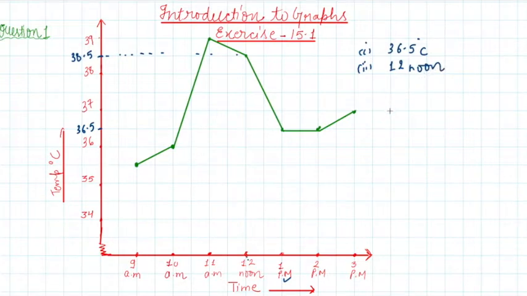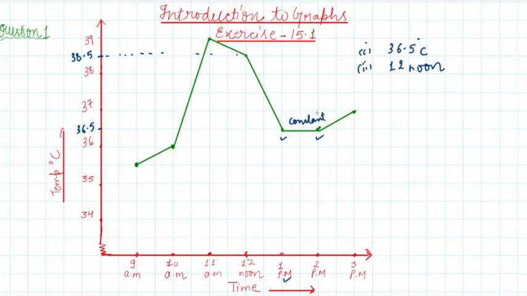C part is, the patient's temperature was the same 2 times during the period given. What were those 2 times? So it means when there is no change in the temperature but time is increasing. So what are those 2 times? If I see 9 to 10 a.m., at 9 a.m. the temperature is 35.5, while at 10 it is 36 degrees Celsius. So we will see where the temperature is constant. If I see these 2 points here, the temperature is not changing. It is constant here, right?